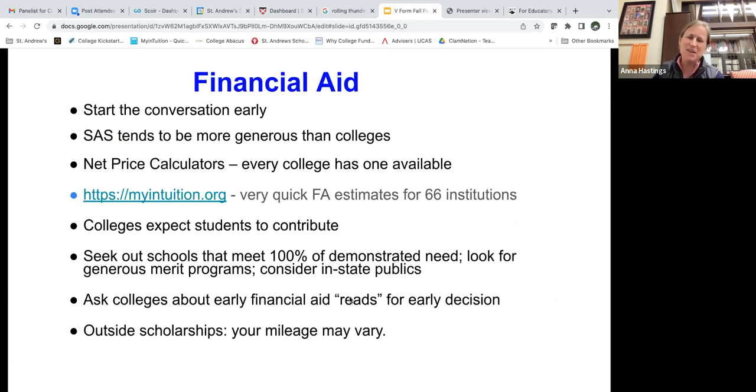All right, this is me. So I'm just going to talk a little bit about financial aid. It's something that, over the course of the dozen years that I've done this job, I can't emphasize enough how important it is